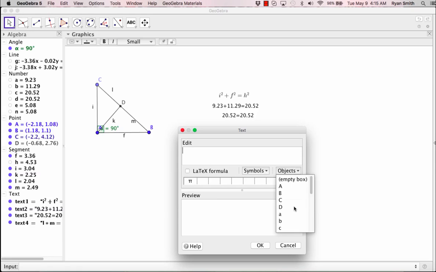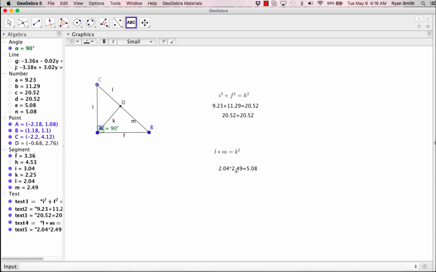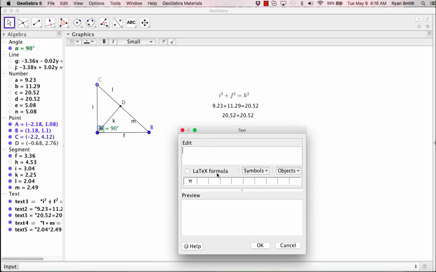And if we wanted to do the value of the numbers, this would be, let me see, objects L times object M is equal to objects N. Hit OK on that. I can put this in line with equal signs, and then I can show one more text box. Go to objects. This is